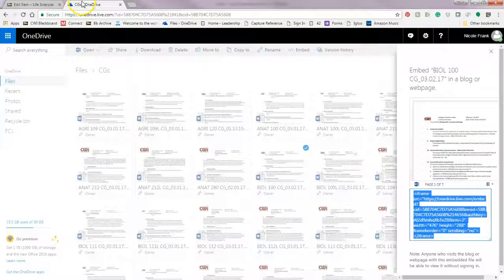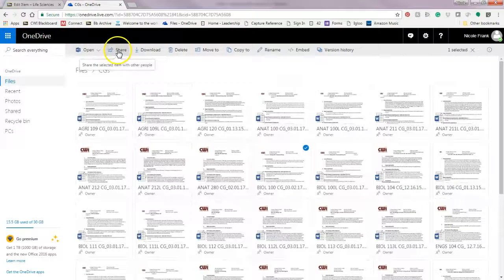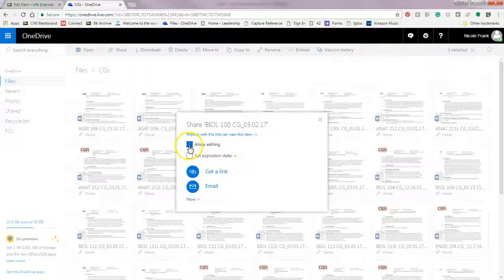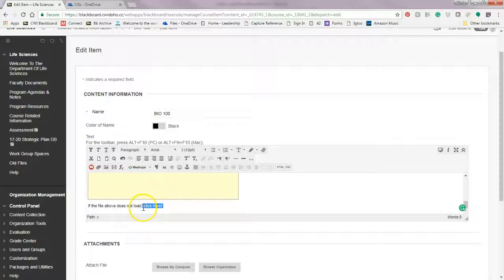And what you'll then want to do is come back over here to the OneDrive folder, close that, and this is when you want to go to the share option. We don't want to allow editing, so unclick that, and you hit Get Link. Hit copy the link, and then you'll highlight click here, and you'll click the link button,